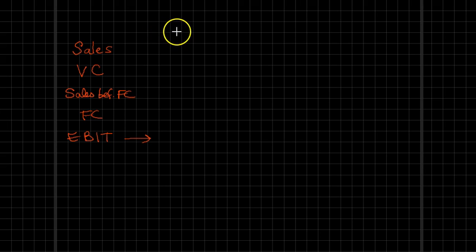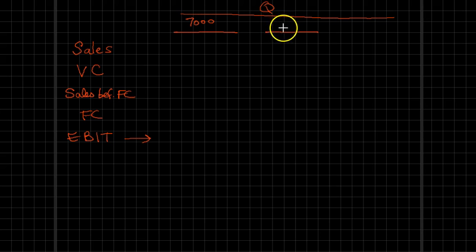Okay, as I mentioned earlier, we have three different scenarios. So this is the quantity of pairs of shoes sold. We have three cases, either 7,000, or 9,000, or finally 15,000 units sold. So when 7,000 pairs of shoes are sold, the sales price is $85 per pair. So therefore, total sales figure will be